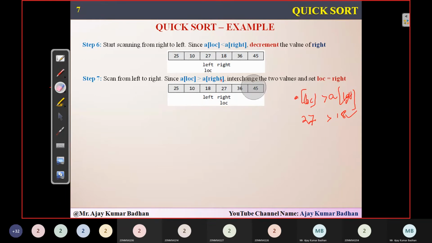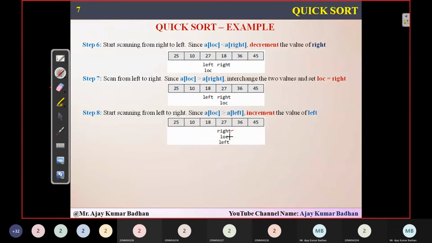So left will be coming to this particular position. Yeah, this is the position which I was actually waiting for. See, now you can see here when right, location and left are coming into the same position, that means the pivot point whatever we have selected has reached the exact position of its location. It has reached the position where exactly it should be. Please concentrate here and see: whatever elements are present on the left-hand side are less than this 27, and whatever elements you have on the right-hand side are greater than this particular 27. So this 27 has got its original position and this will not change.